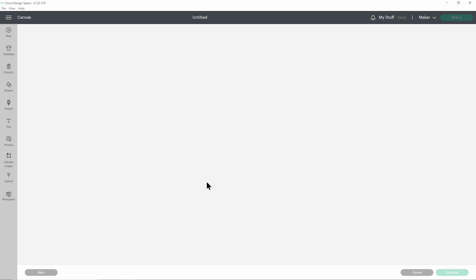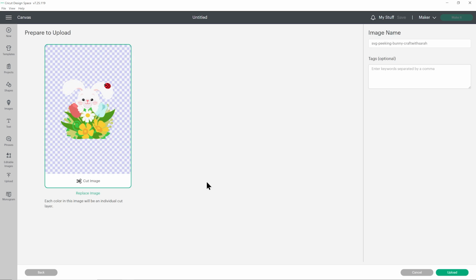Let's click and drag that in, and it should look like this with all of the layers one on top of the other. If yours looks different and you see all the layers next to each other instead, that means you've accidentally uploaded the wrong file type. So if that's the case, click Cancel down on the bottom right, try again, and make sure you choose the one which starts SVG. This is looking good.